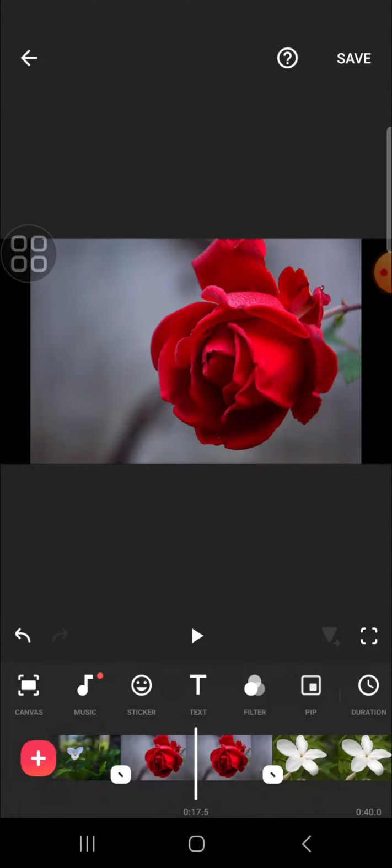In today's tutorial, I'll be showing you how we can add audio beat to match cut on InShot application. Alright guys, here I have imported some clips to my InShot application, and first of all I'm going to add